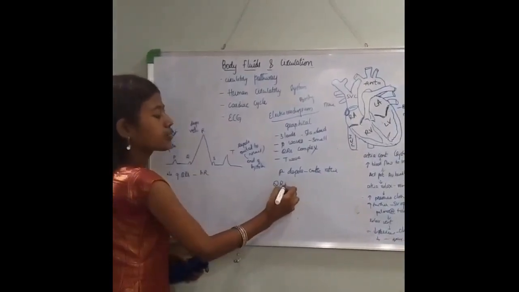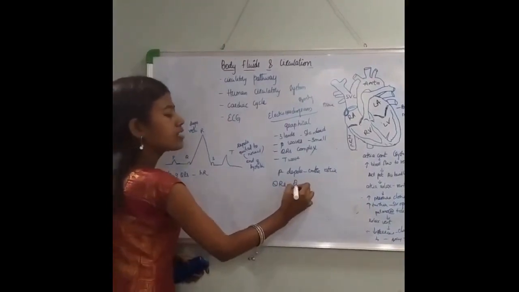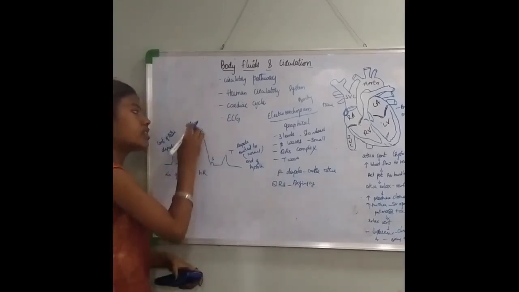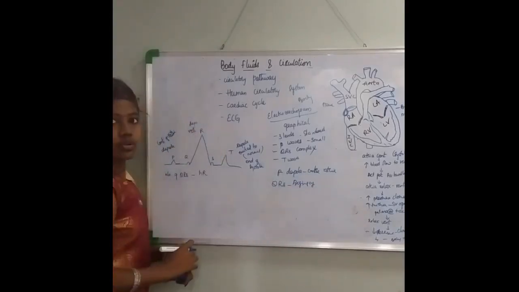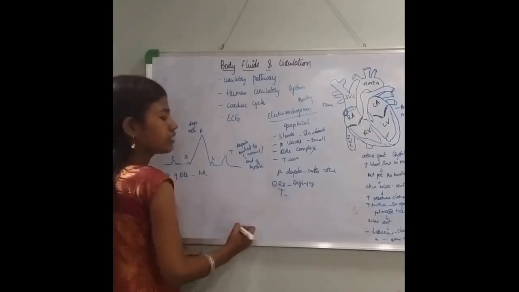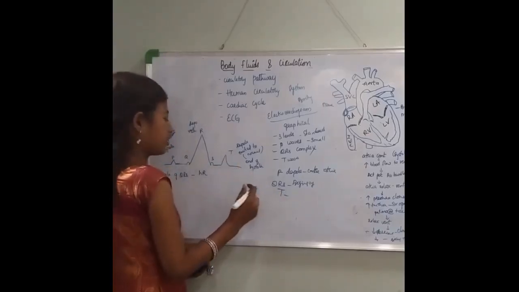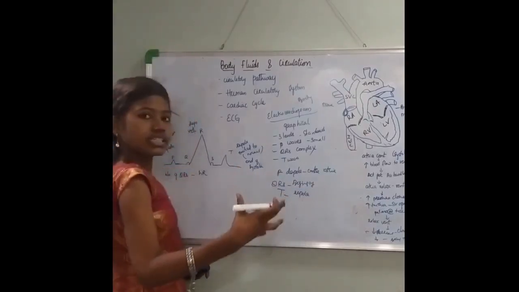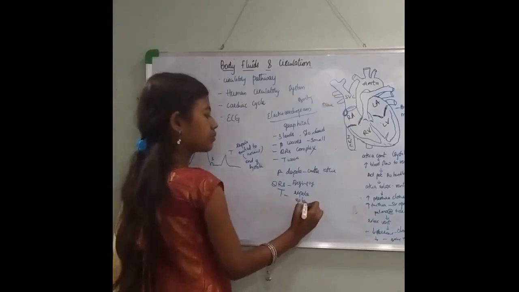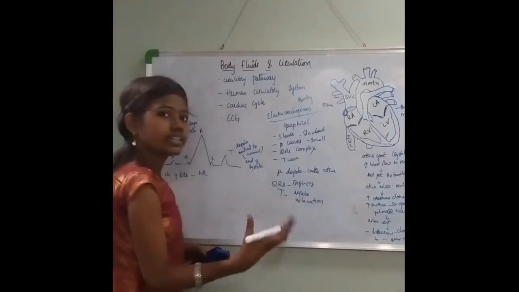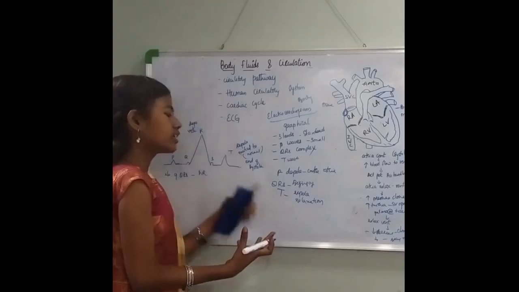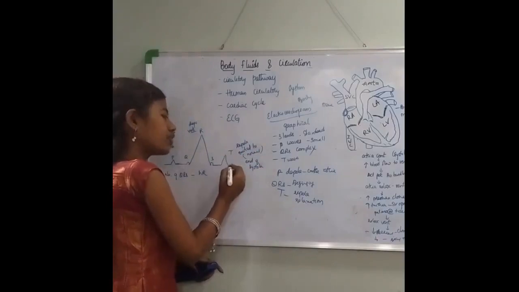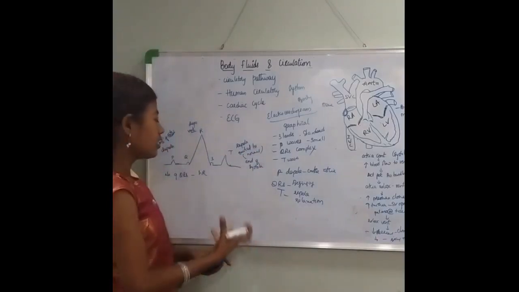Now coming to the QRS wave, which is a complex wave, it marks the beginning of systole. Systole means contraction, that is, it marks the depolarization or the ventricular systole. Next is the T wave. This is a little taller wave. It represents repolarization, that is, after the excitation, the relaxation of the ventricles. After excitation, it is getting back to normal, right? So this is the repolarization represented by the T wave, and the end of the T wave marks the end of the systole.